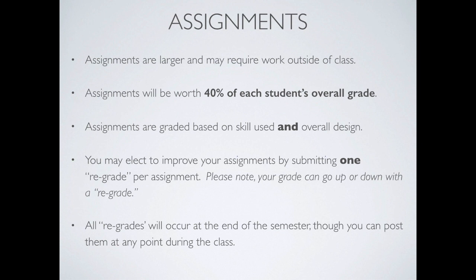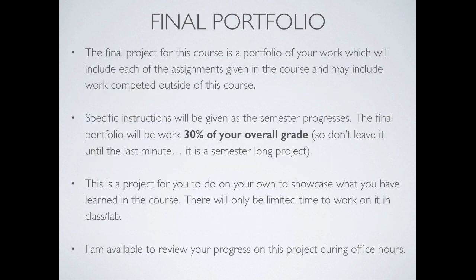So if you have an A, you just get an A. I'm not going to go back and do the regrade because it doesn't matter. If you have a B, then I'll definitely go back and do those regrades. I'll go through them at the end of the semester. The other thing that I don't do is the regrades as you go, because I don't want to keep track of how many times you've regraded this. You only get to do it once, so it's at the end of the semester. Make sense? Okay.